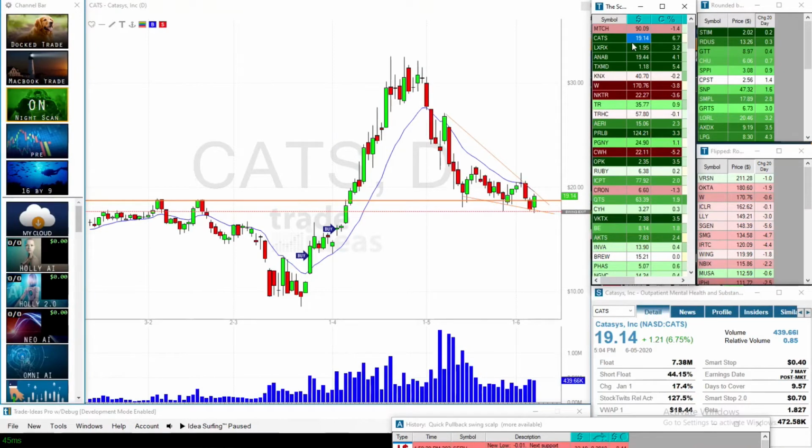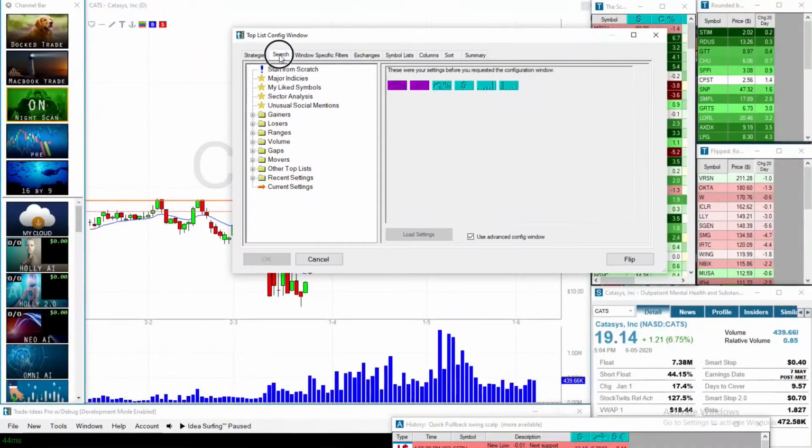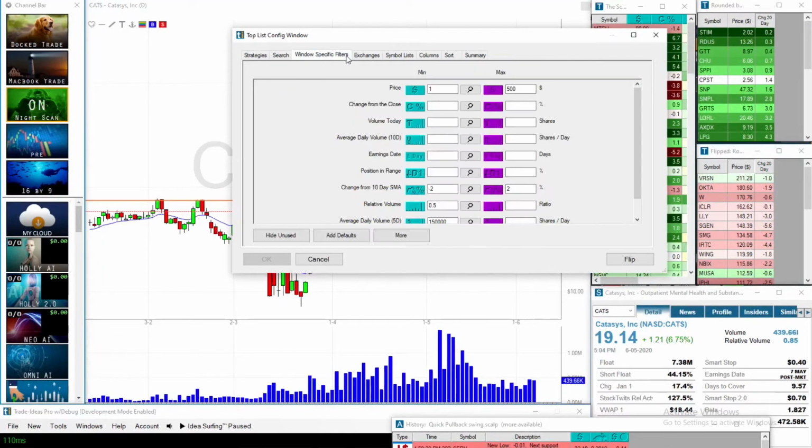So I went through here, right click, I can show you. You can right click, configure, and you can add or remove any of these. Each of these is a different filter, and you can add or remove any single one. So you can see that there's almost an unlimited amount of combinations of things. But on your particular